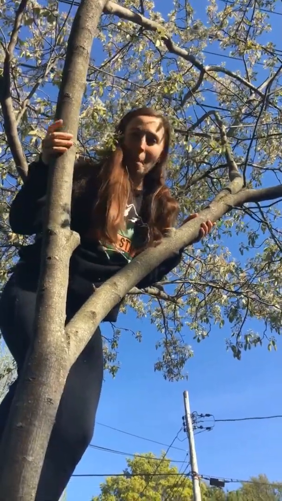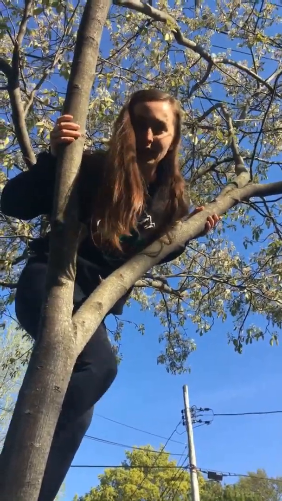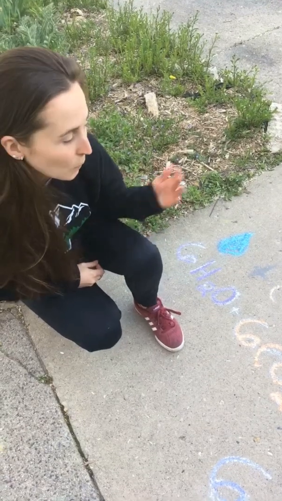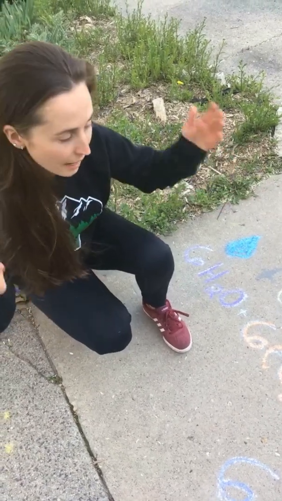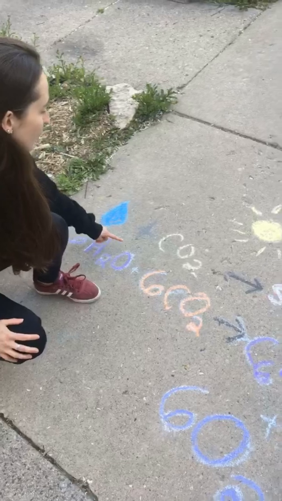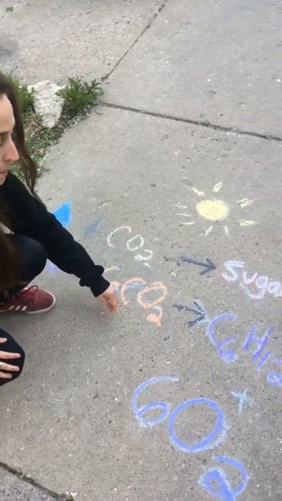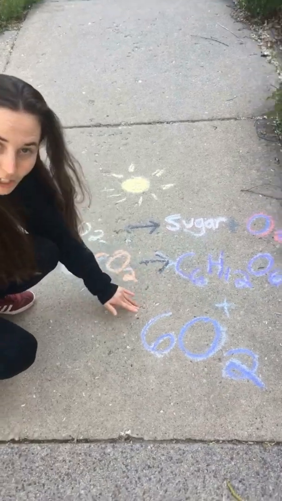Hey people, remember last week when we learned about photosynthesis? This week we're going to learn about cellular respiration. To recap, photosynthesis is a plant taking energy from the sun to combine water and carbon dioxide to eventually make glucose and oxygen. This week we're going to look at how all living things use glucose to live and survive and thrive and be.